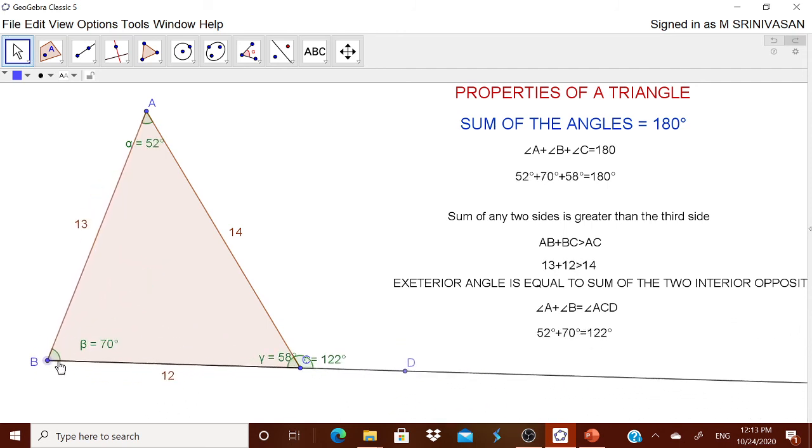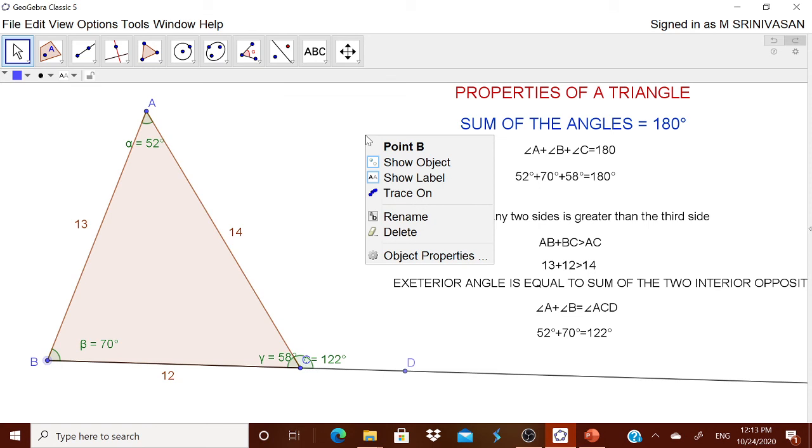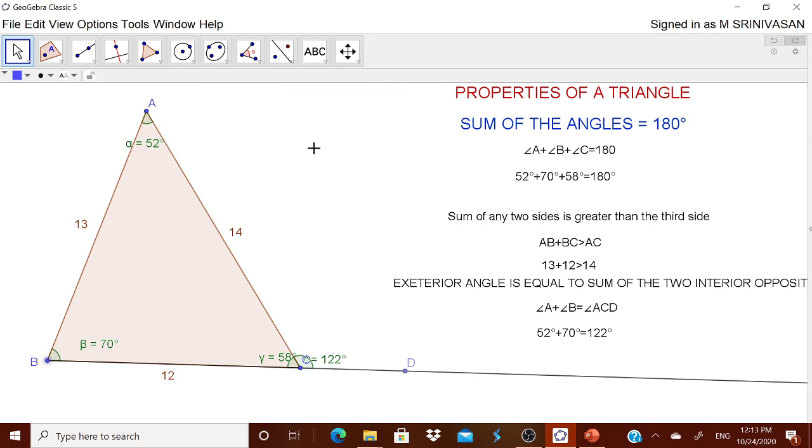Okay, well, now you see, this is the way you can explain the properties of a triangle one after the other. After explaining every property, you can ask a child to come and check it out. Now, how to get this step by step, that also I will explain. In the open space, you do the right clicking anywhere. Okay, I'll just do escape and do the right clicking.